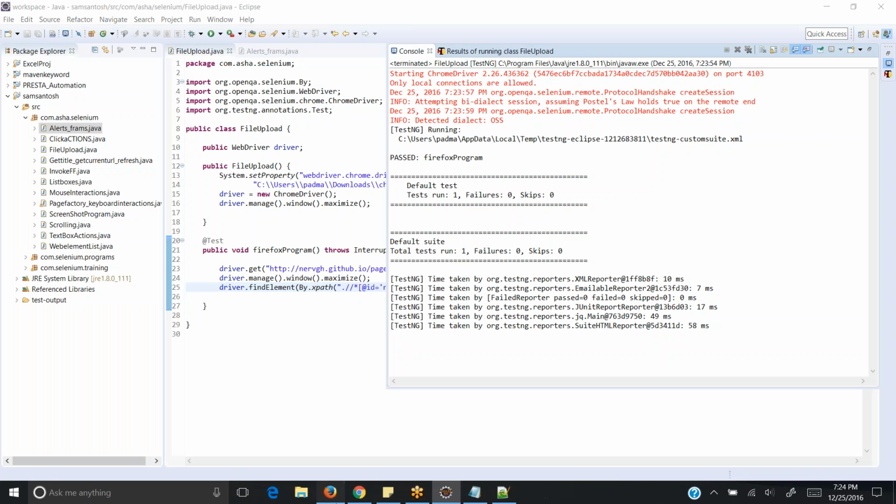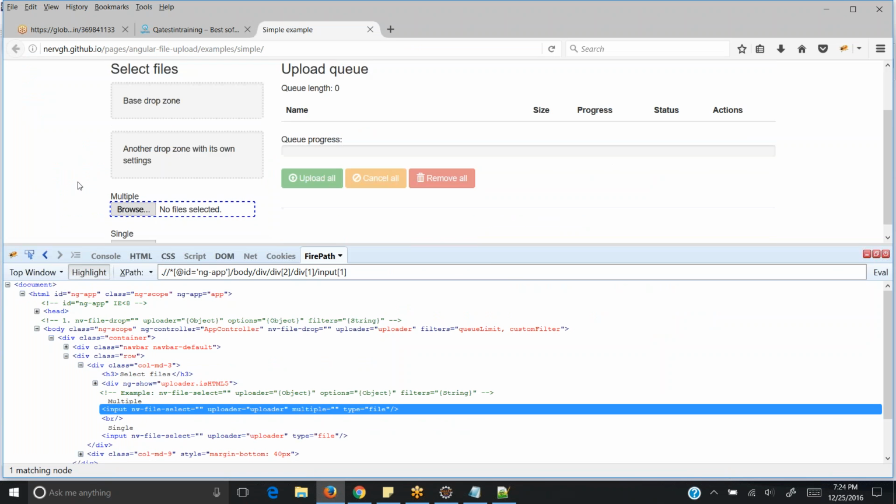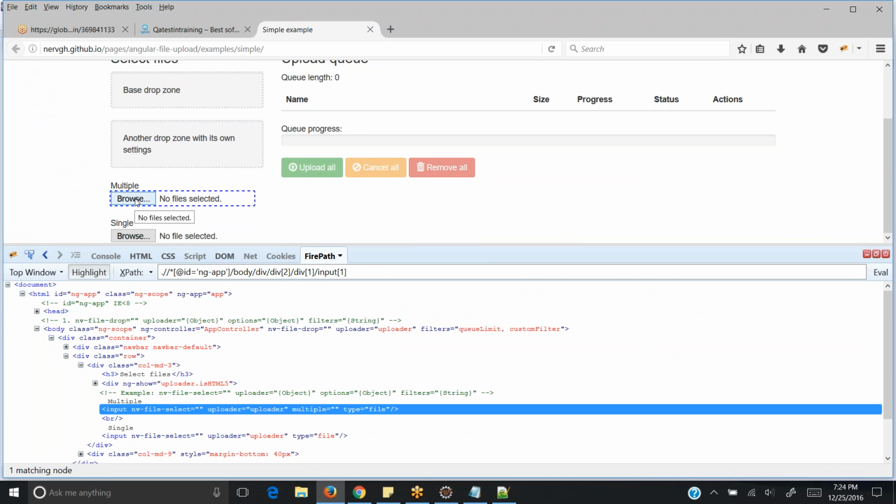So what you need to remember when you are doing file upload is which buttons will work for sendKeys. Not all browse buttons will work. Always remember the element of the browse button or file upload button should be of the input tag, and it should have an attribute type equal to file.